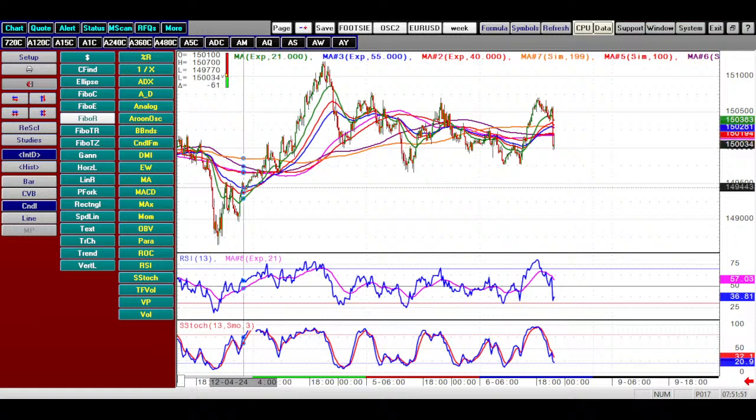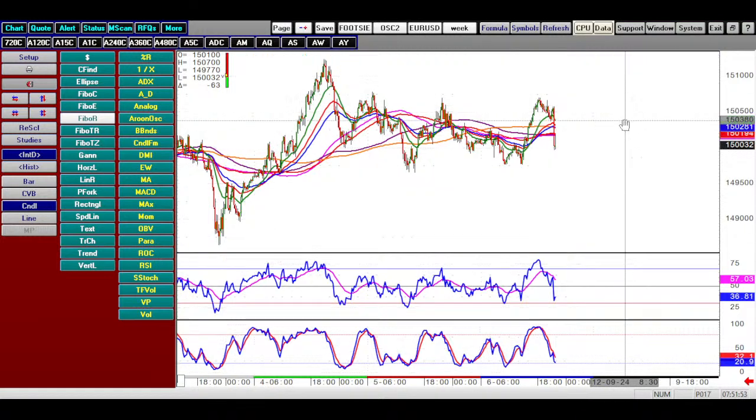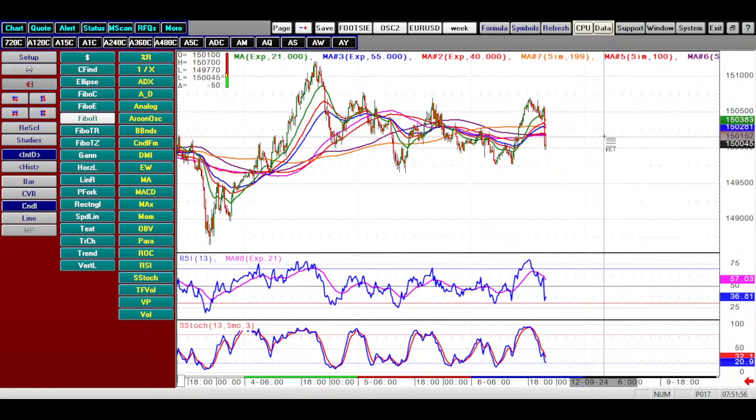Now talking about dollar yen, we need to see a break of 5025. Okay, 5025, because now that becomes a resistance, so we need to see that cleared. And if we are able to see that cleared, then we should see the price moving towards 5070. So if that is the case,